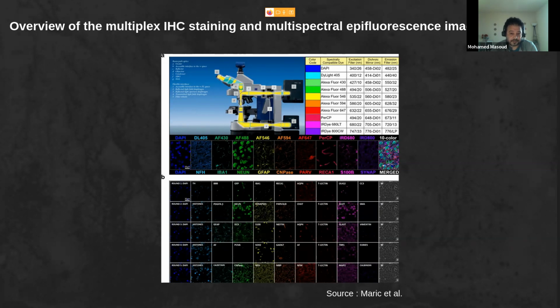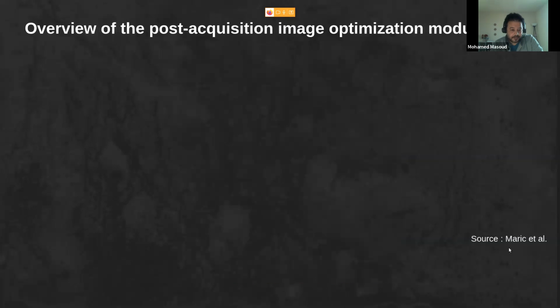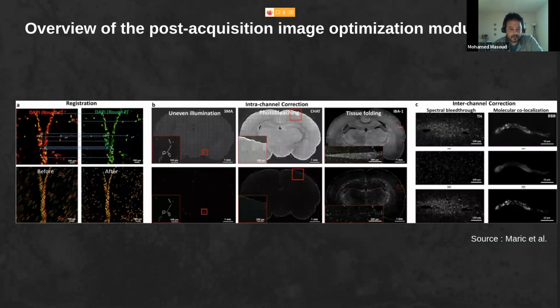So the part after this image acquisition deals mainly with correction.